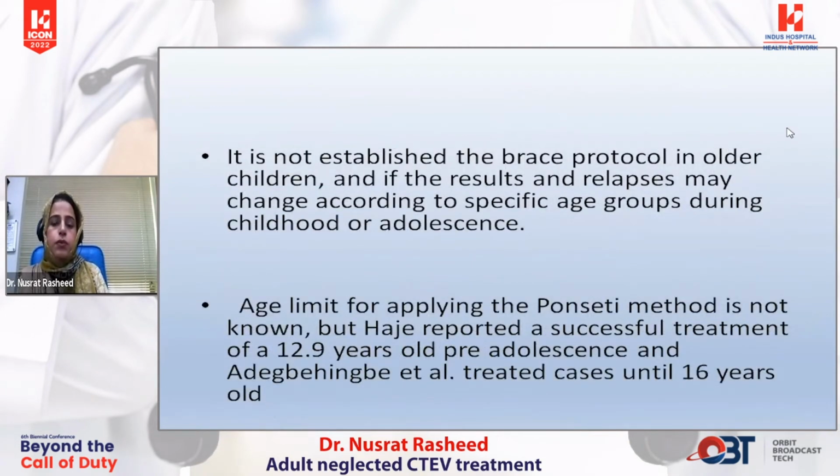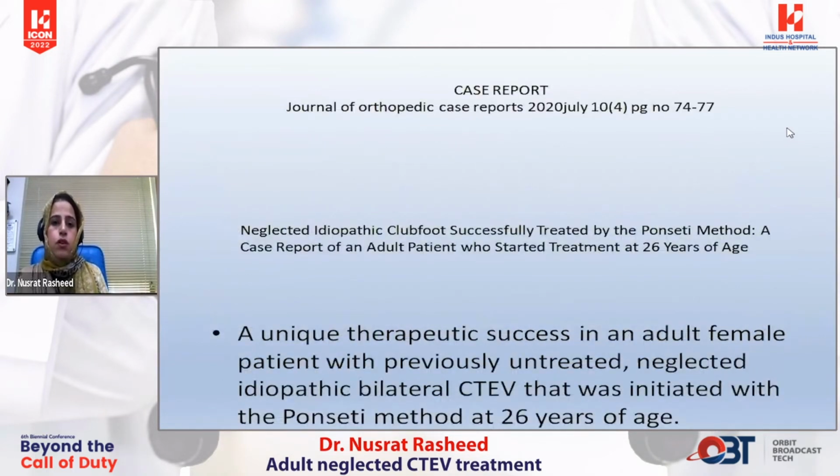The bracing protocol in older children is not established, and it is not known if the results and relapse may change according to the specific age group during childhood or adolescence. So, as I have said earlier, the last case was a 16.1-year-old who was treated with the Ponseti technique. Then we had a case report published in the Journal of Orthopedic Cases, July 2020. This neglected idiopathic clubfoot was successfully treated by the Ponseti method, and that unique therapeutic success was in an adult female patient, previously neglected, who was treated at the Ponseti clinic at the